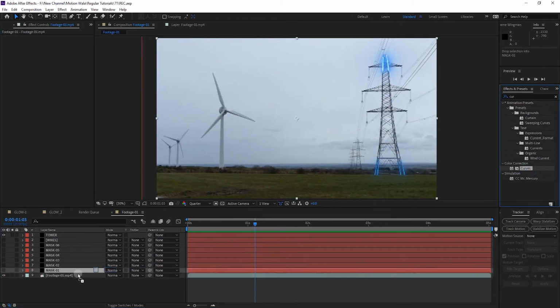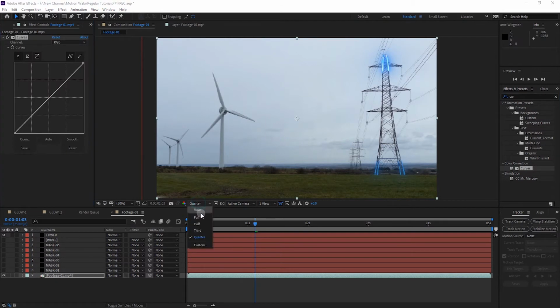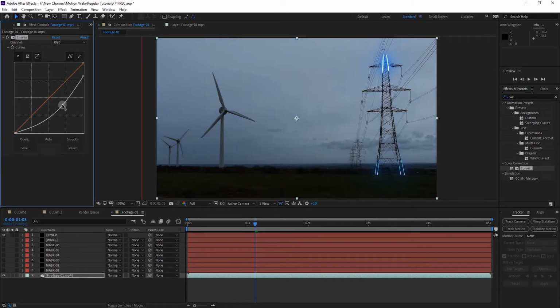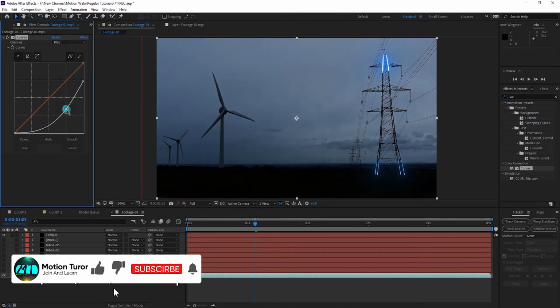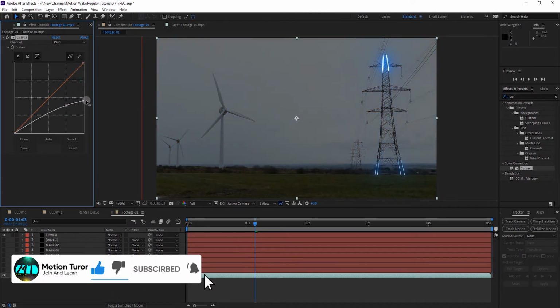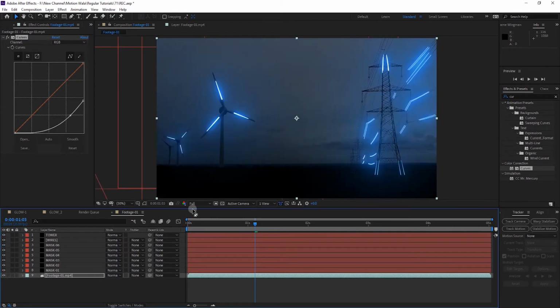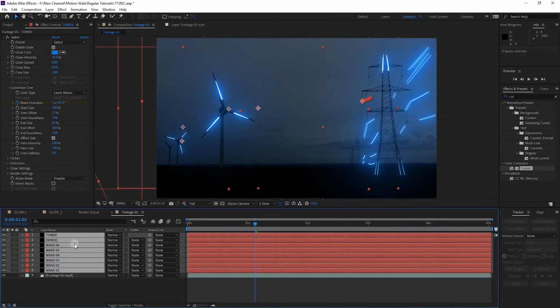After that I will tell you how I made this footage look like night. Now it's in the day, so I added a curves effect on it. You can search for the curves effect here and add it, and then change it to something like this to make it look like night. I will make it more or less like this. You can see now if I enable all the saber layers, it looks much better. Or even you can select all the layers, and if you don't see the mode option, you can click on this Toggle Switches, and then change the blending mode to Add.